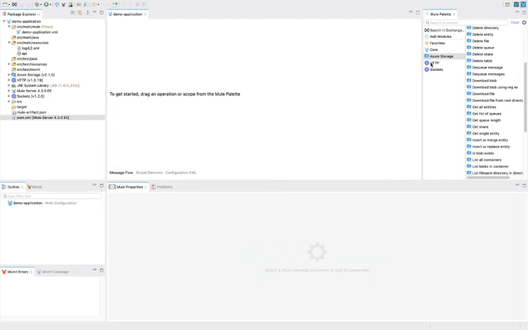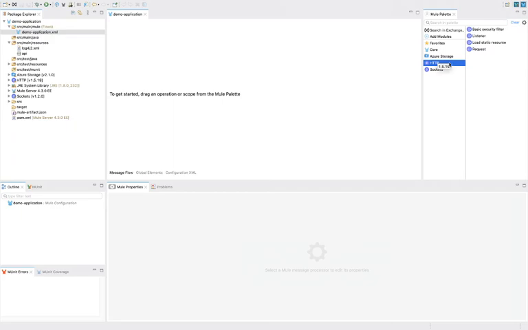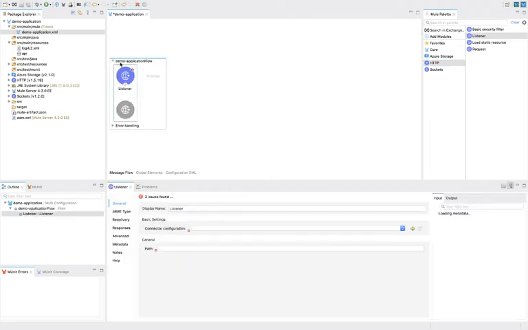Now, how will we use whatever mule palettes and mule processors we have? Just click on this mule configuration file. For example, I want to create my mule application as a REST API. So I will select this listener and drop it here. Automatically it will create one mule flow. Inside this flow we have two parts, source and process. Inside source you will get all the connectors, or whatever source system you want. I want to expose my mule application as a REST API, so I use this listener.